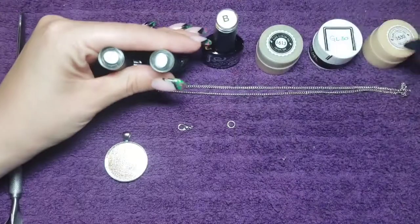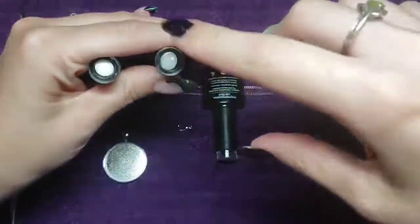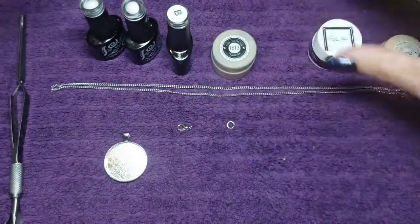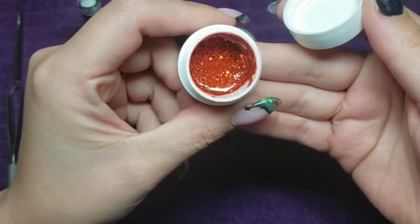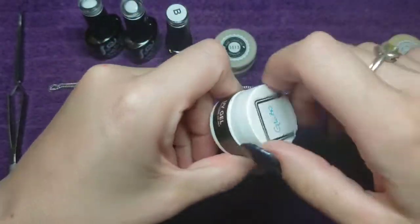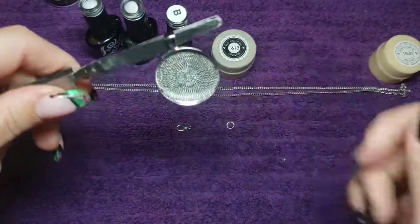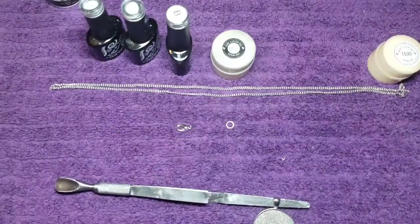And I have base coat. I grabbed all three of my whites because I wasn't sure what kind of coverage the gel polish would give me, so we're gonna see how that works out. I have my black gel paint, and I also have this glitter mix. It's red, though it's coming a little orange on camera, but it's thick and thin chunks of different kinds of red glitter. And I also have my pinching tool, and I use that to hold my bezels in and out of the light,